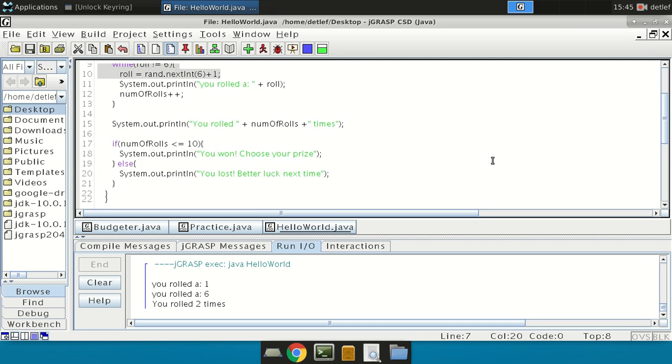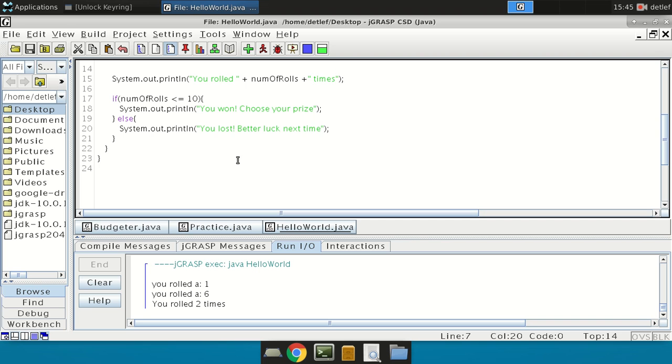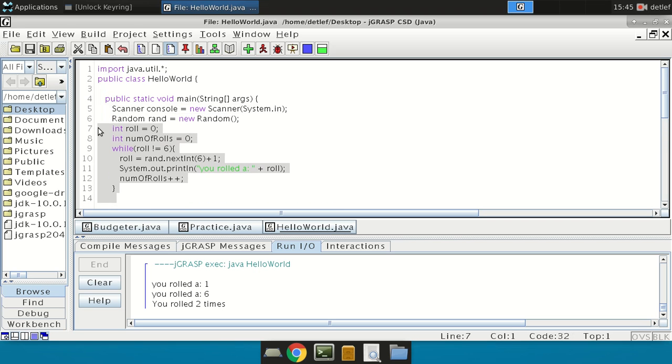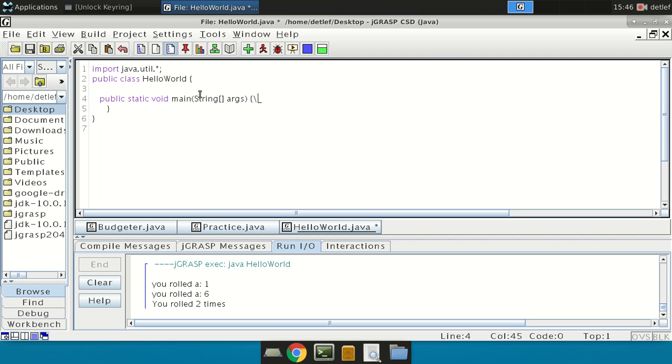Okay, so I decided on the program we are going to create. This is going to be a rather complex program. We are going to create Yahtzee. Now, we're not going to create actually a Yahtzee with scoring and all that stuff, but we're going to create a program that will roll the Yahtzee dice and allow you to